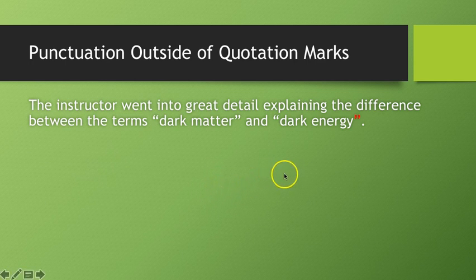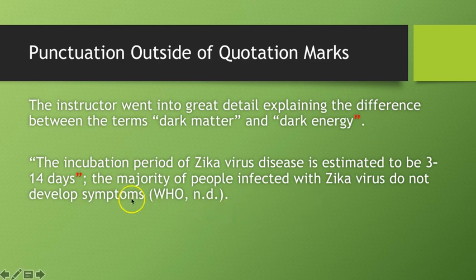Here's an example of punctuation outside of the quotation mark. So for example, if you're using just a word or a phrase that needs to be in quotation marks, you would have that quotation mark end the phrase and then have a period to end the whole sentence. And here's another example where you have the quotation marks, and then you would have a semicolon indicating that this is the end of one complete sentence connected to the next complete sentence with a semicolon,